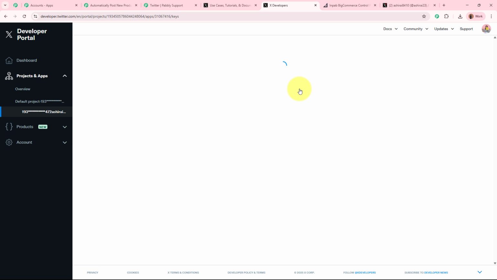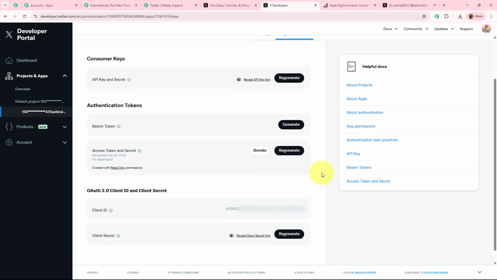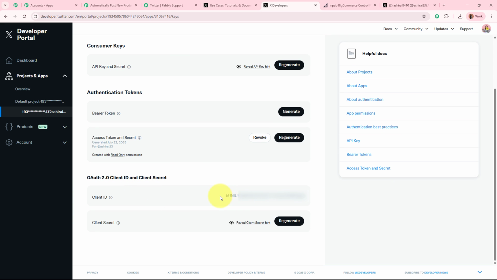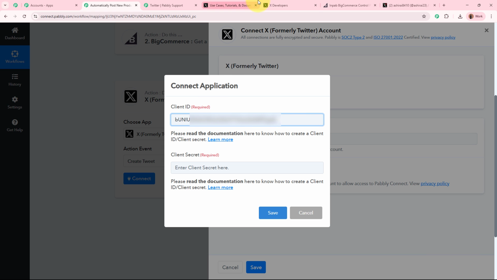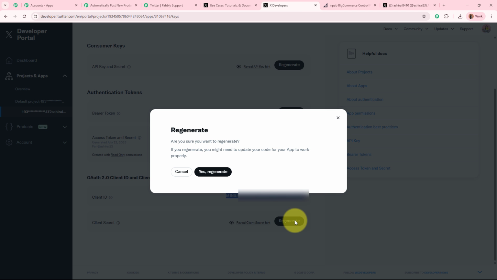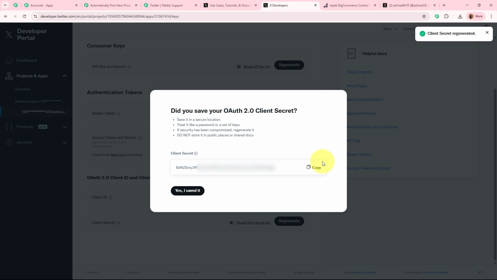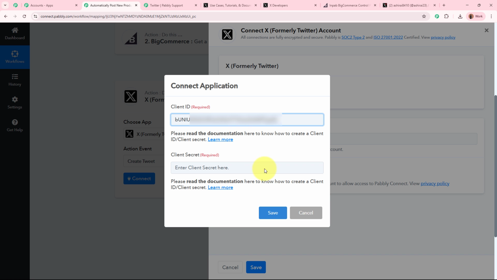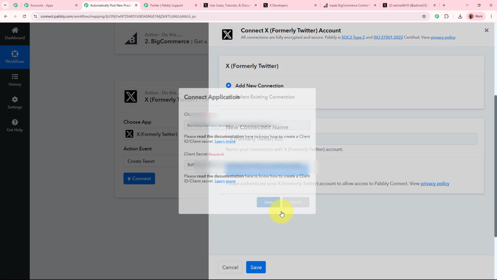Okay, this is the app. I'm going to go towards the keys and tokens section, and you can see this is the client ID and the secret. I'm going to copy this client ID from here and paste it in this field. In a similar manner, I'm going to go back and regenerate this token from here. This is the secret. I'm going to copy it and paste it in this field